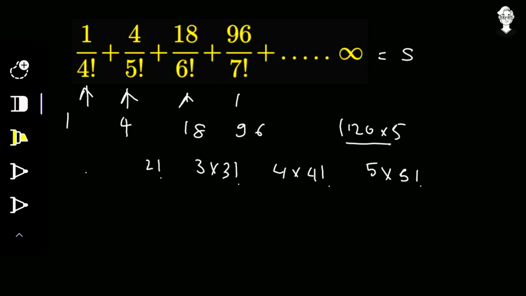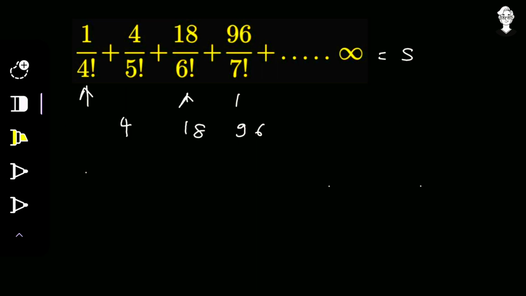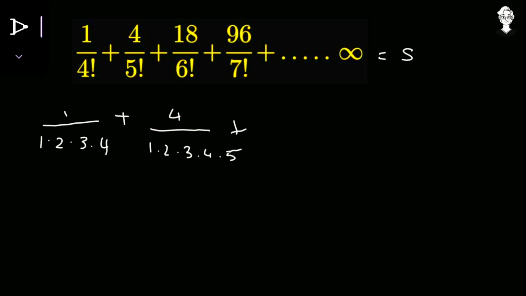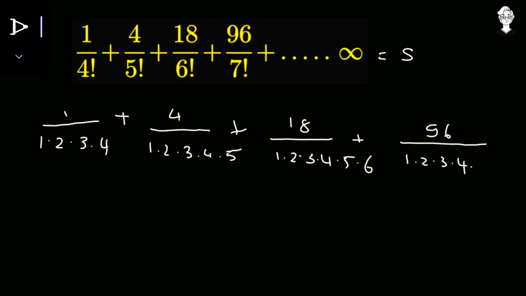So now we have the pattern present in the numerator and in the denominator. In the next step, we will open up these factorials, that is 4 factorial, 5 factorial, 6 factorial, and try to see if it cancels out the numerator factors. So the first thing is 1 upon 4 factorial, and 4 factorial can be written as 1 into 2 into 3 into 4. The second thing is 5 factorial, with the numerator as it is, that is 4. 5 factorial can be written as 1 into 2 into 3 into 4 into 5, plus 18 as it is. Now 6 factorial can be written as 1 into 2 into 3 into 4 into 5 into 6, plus 96 as it is. 7 factorial can be written as 1 into 2 into 3 into 4 into 5 into 6 into 7, plus this will go up to infinity.